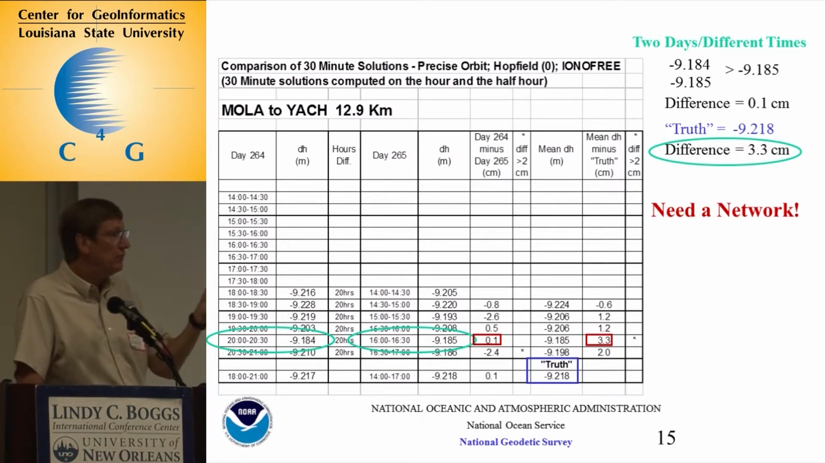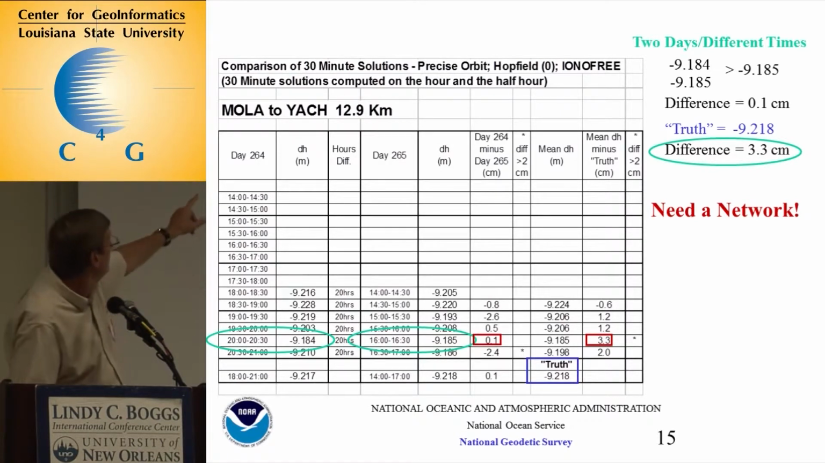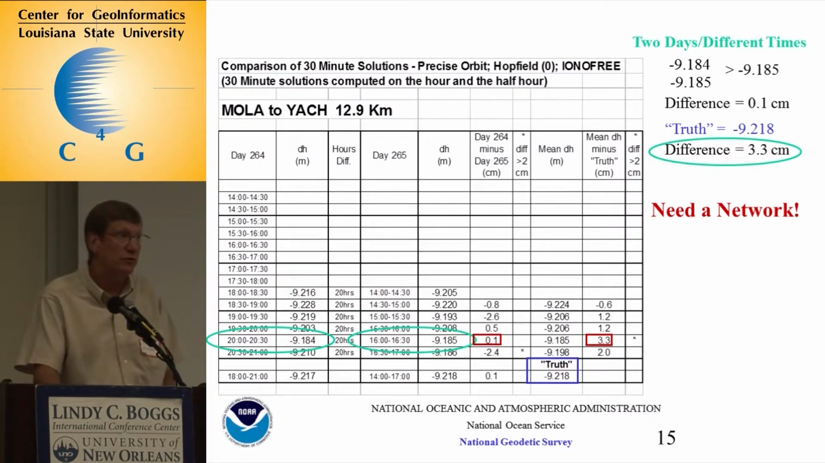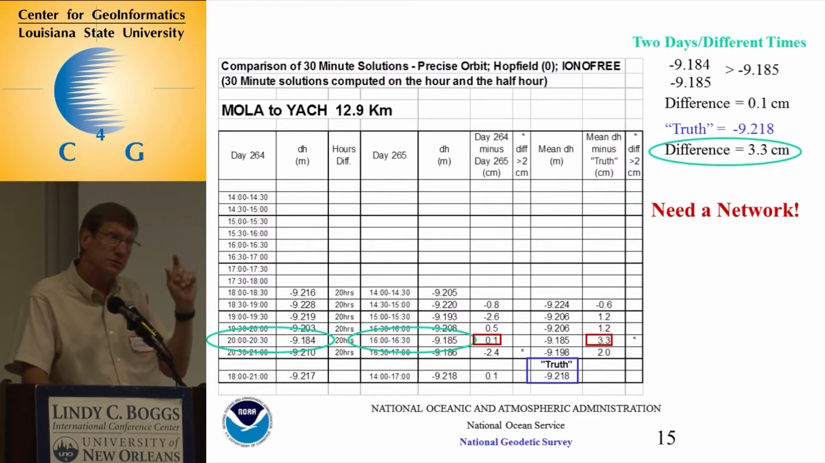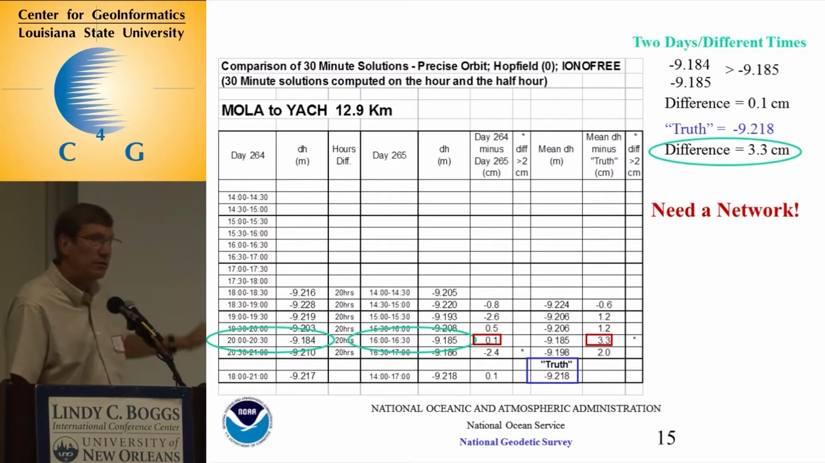So remember, you repeat the baseline on a different day, different time of the day, and this is 30 minutes of data, by the way, and the baseline length is a little over 12 kilometers. It's a little bit longer than you really want, but here you didn't get your check, although 3 centimeters is not that large. Still, you didn't get your check. If you put that in a network, then you're going to